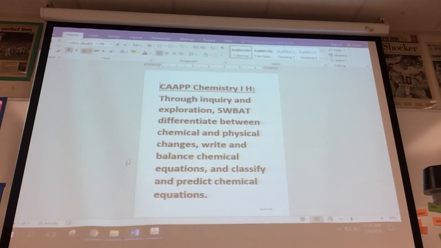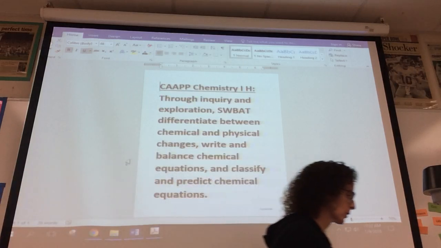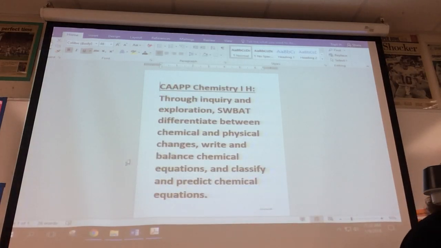We're going to balance some more complex chemical equations today. You will get a lot of practice and be ready for your quiz. Later in the week, we'll get into classifying and predicting chemical equations. All the objectives in the chapter are relatively straightforward, and with practice, you will be very successful in mastering these